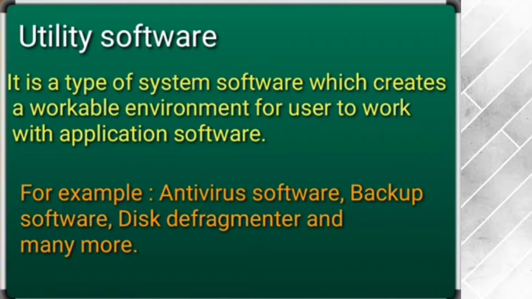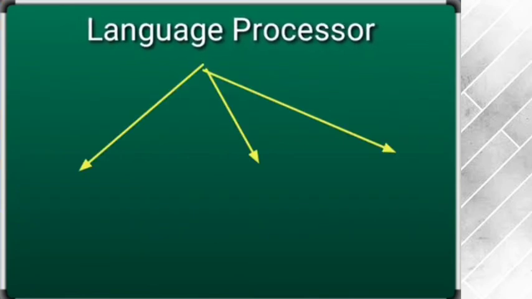So by these software you can analyze that they are basically designed to increase the performance of the computer, because if there is a large file and the memory is full, your computer will slow down. If there is a virus inside, your computer will slow down. So that is the reason utility software is designed to maintain the computer and to increase its performance, so that the user can perform their task in a very convenient manner, in a very easy way, and with high speed. Next and the last topic is language processors.